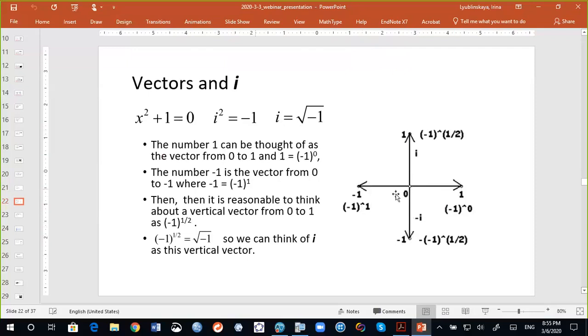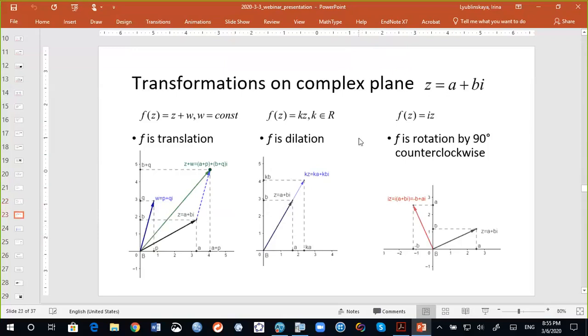So using this idea of vectors and i, we can really think of operations with complex numbers as geometric transformations on complex planes. Now, think about it. You introduce complex numbers in Algebra 2. Students just came from geometry. This is a great way to make connections to their knowledge of geometry while introducing a new number for them. So let's take a look here.